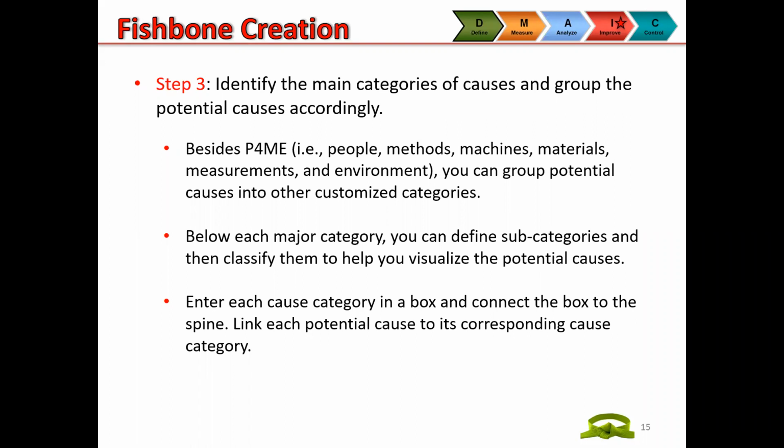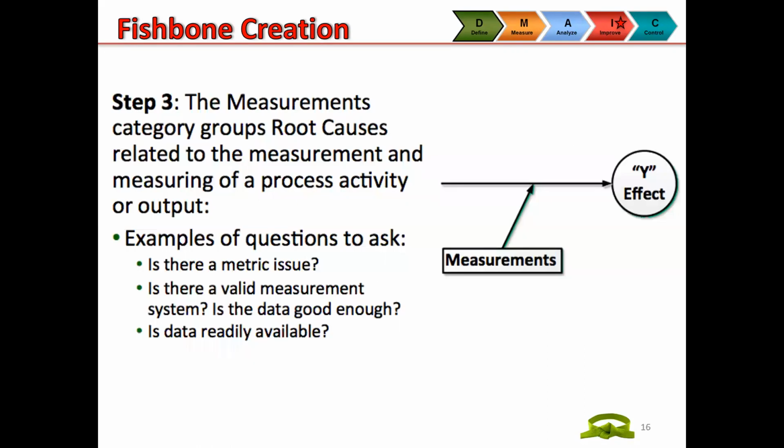So we'll have two videos for today's class. Fishbone creation, again, the main categories you could use. You don't have to use P4M&E. You can use something specific. I'll give you an example of cooking a proper hamburger. And below each major category, you define subcategories, and then enter each cause category in a box. Connect the box to the spine, and the measurements category groups root causes related to the measurement and measuring of